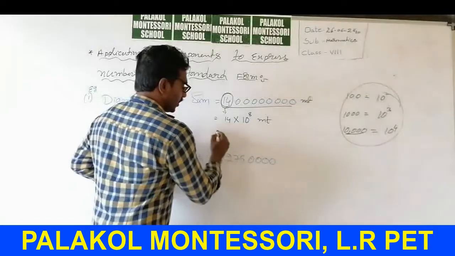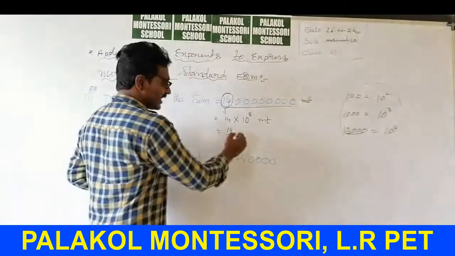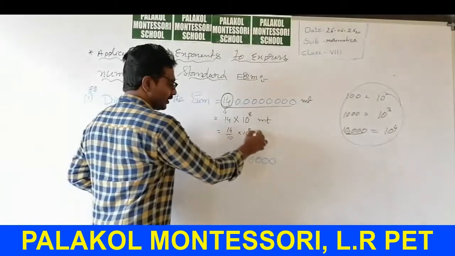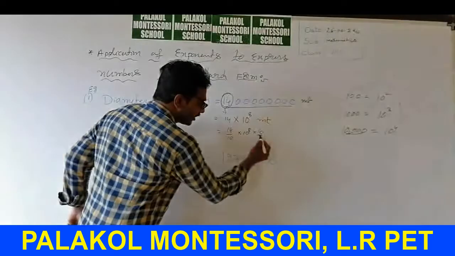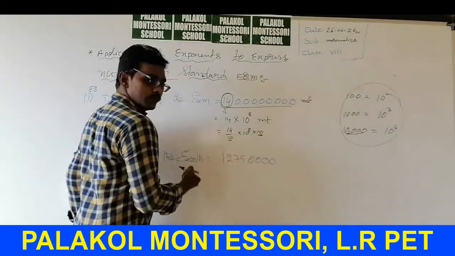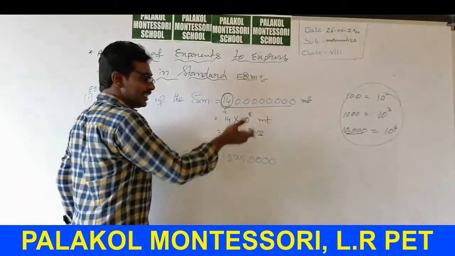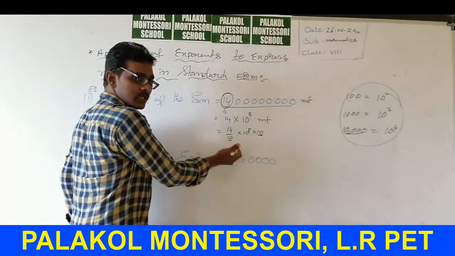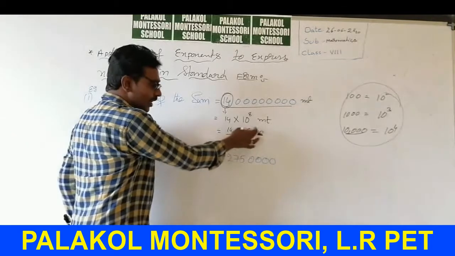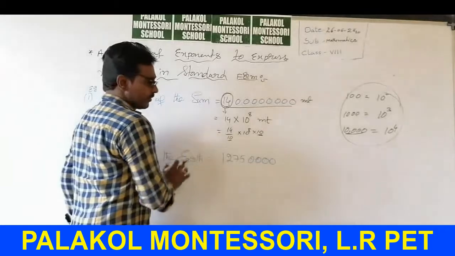See, 14 by 10, and 10 to the power of 8 into 10. Guys, observe. Here the 10 is multiplied and 10 is divided. That means now I create two tens: one is adjusted in the numerator, another in the denominator. If you have doubt, the two cancel and you get the same number back.